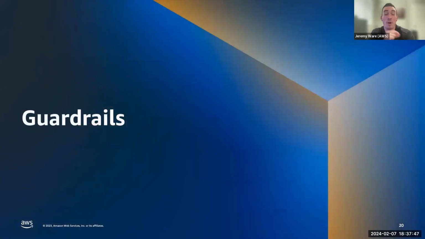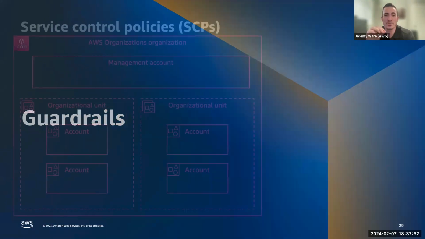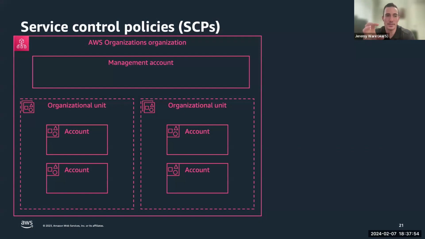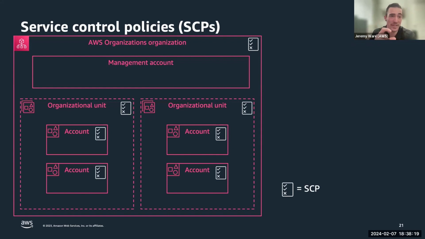The harder one is guardrails, and we have a lot more policy types that fall under the guardrail policy. And so these are predominantly your scope down mechanisms. Now, SCP is the one we are probably most familiar with, service control policies. These are deployed through organizations. One of the most important parts about an SCP is that while it's at the organizational level, I may attach it to the organizational level. I may also attach it to the OU specifically, or down into the nested account within that OU.